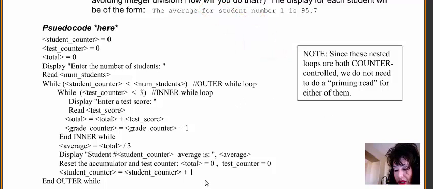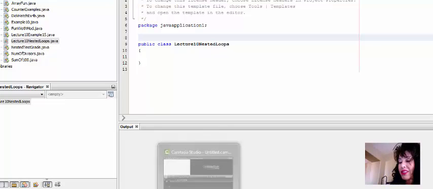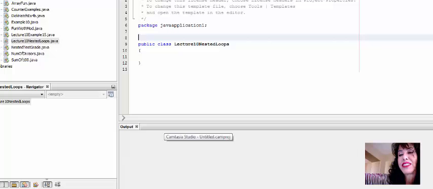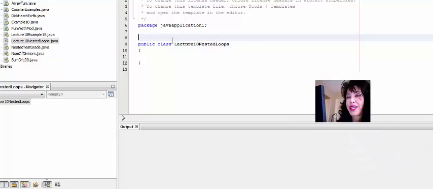Okay, so now we are going to have to go and do our code. So let's go over to NetBeans, shall we? And we'll code up everything there in NetBeans. So I haven't typed in anything yet because I was hoping that you would open NetBeans and join me on this little journey. So we are going to use the scanner, so guess what we need right here before our